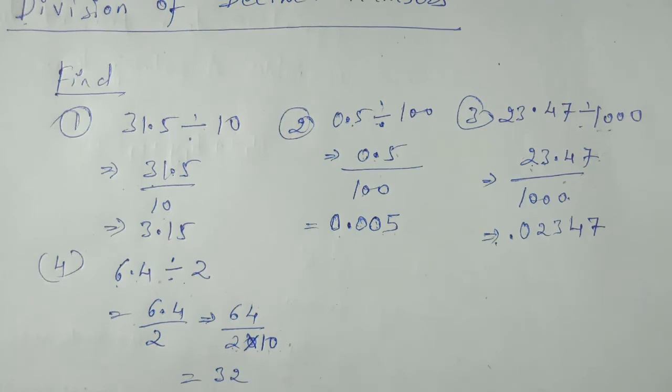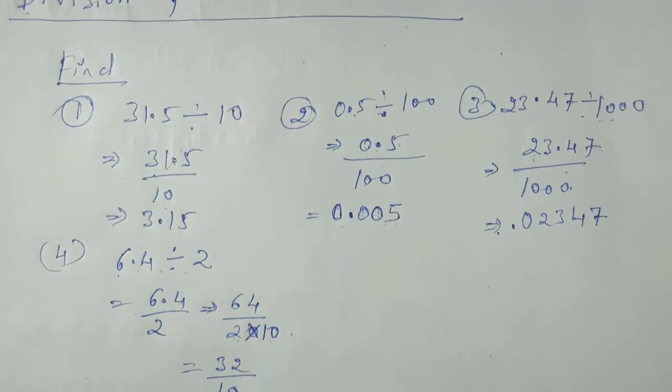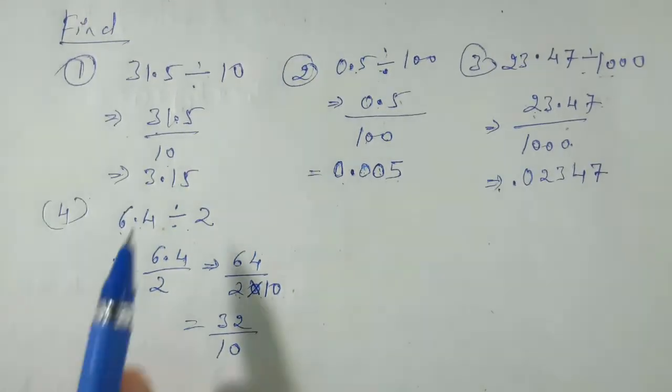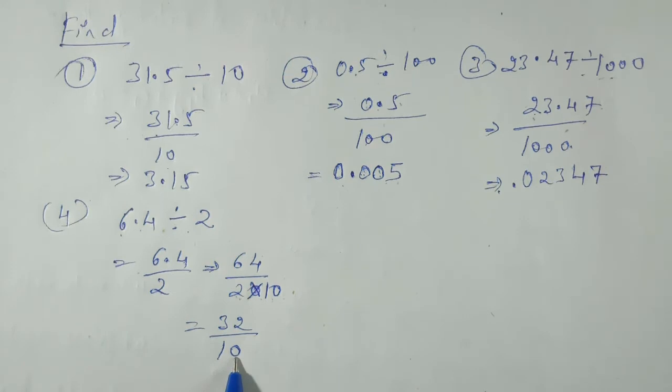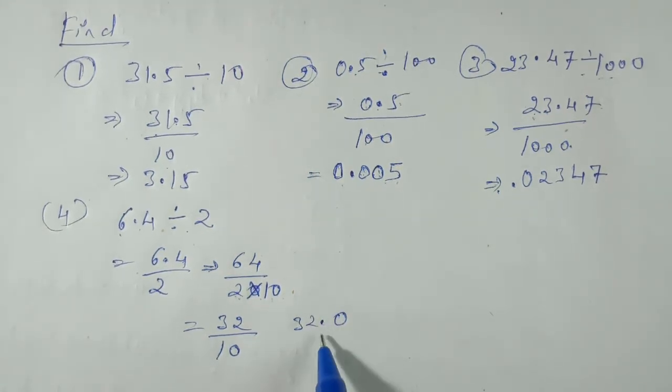236, 224, and at the denominator we have 10. Now remembering the first condition, we have to place the decimal after counting the number of zeros. So over here we don't have any decimal. So if there is no decimal, we can assume that decimal is over here at the last.